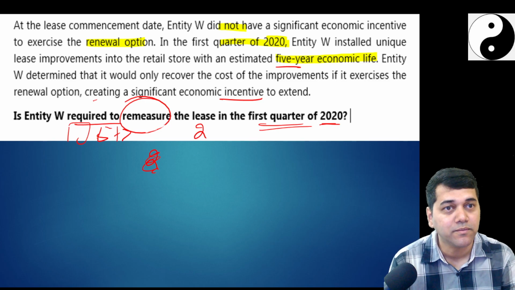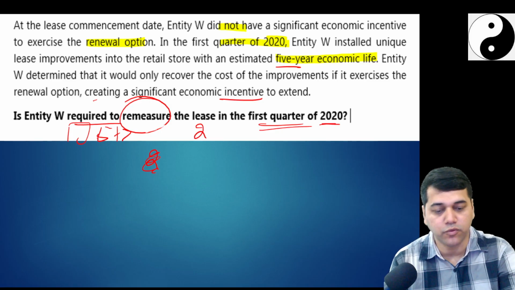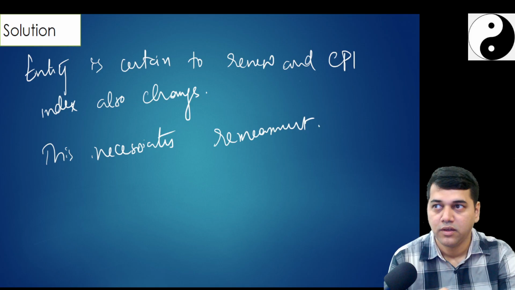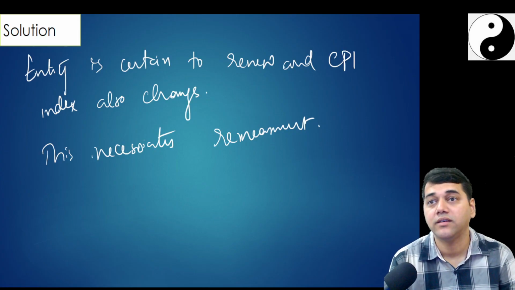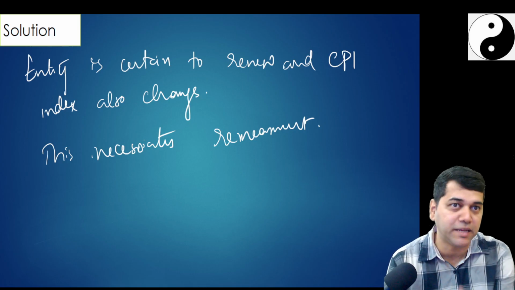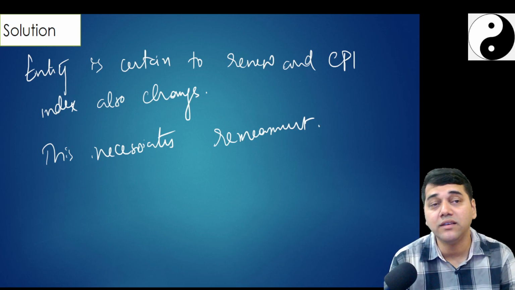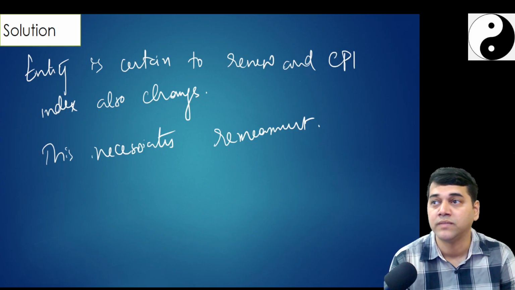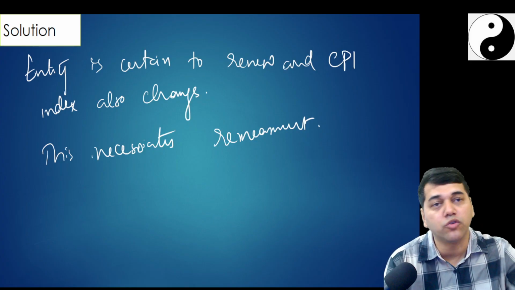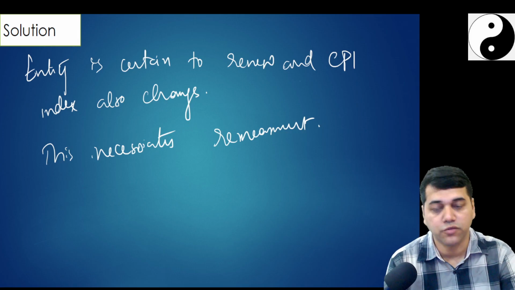Okay, so I should do one working note now. What should be my first working note? On which day do I want a lease liability? Because that is my starting point for every question. Which lease liability do I want? I want the lease liability on day 1, 1st January 2017. Or if I don't have that, how do I know my closing balance on, say, 31st December 2019? So first working note,